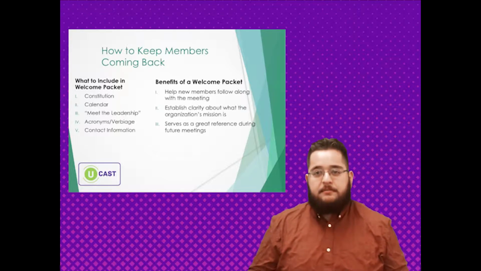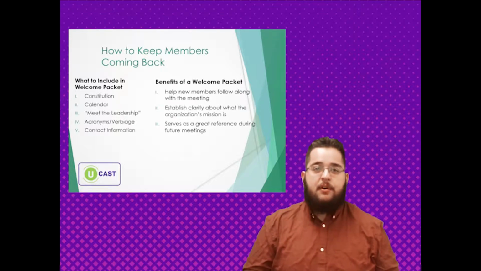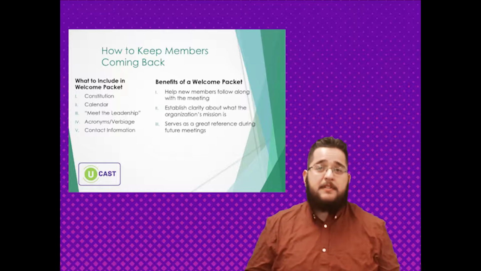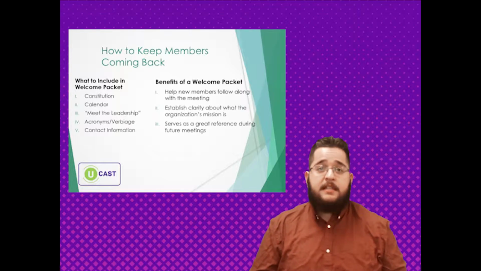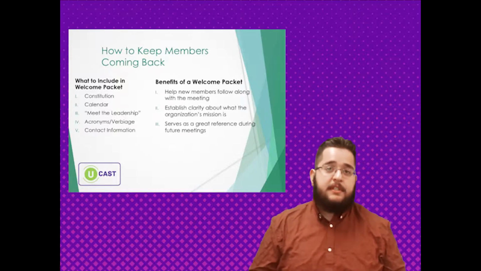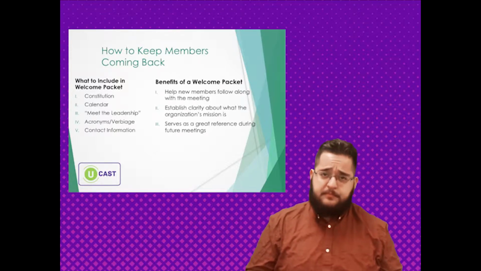Meet the leadership section. The leadership of an organization are the ones who typically run the meetings and do most of the talking. As mentioned before, it is important to make sure members do not feel as if there is a power difference between leadership and members. Having a Meet the Leadership page in an org can help put members at ease that they are able to approach the leadership since they know more about them personally and can see them as a friend.